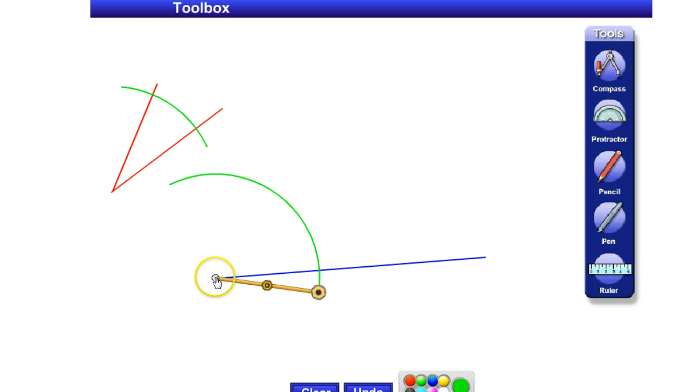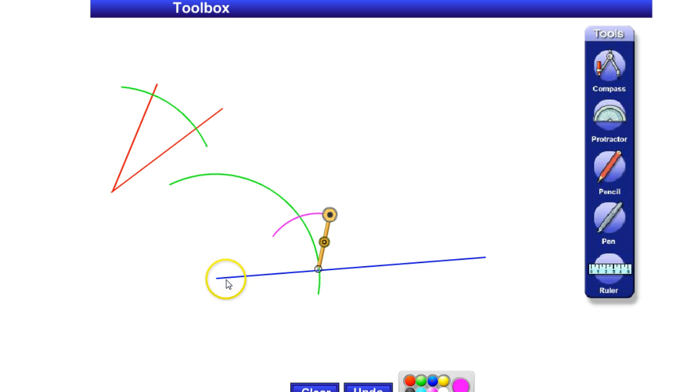Okay, now we're basically going to start by duplicating the original angle. And we learned that the way we do that is we measure from intersection point to intersection point. So now I'm going to take my compass and use it as a way of measuring the distance between the two intersection points. Okay, so there's the distance from intersection point to intersection point. So now I can take my compass and bring it down here. Alright, and I'm going to use it to help me find that first intersection point. Okay, so if I go ahead and draw a little arc right now,